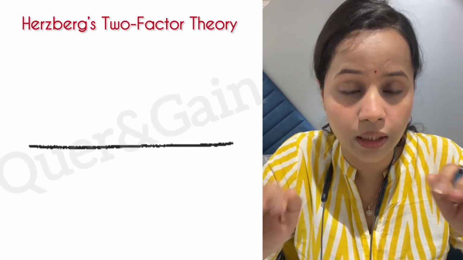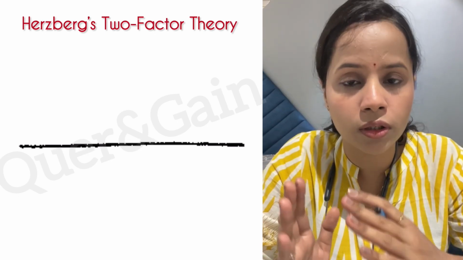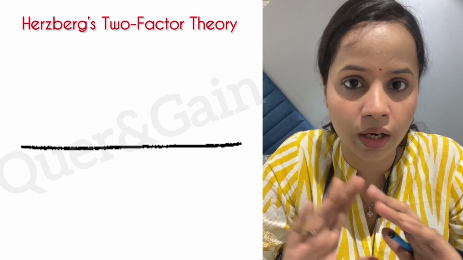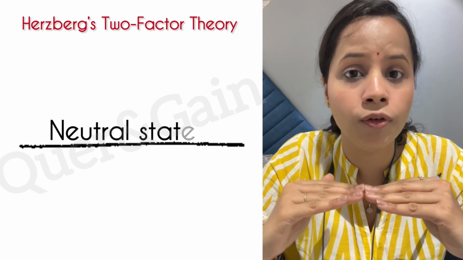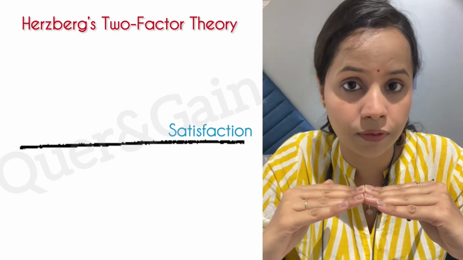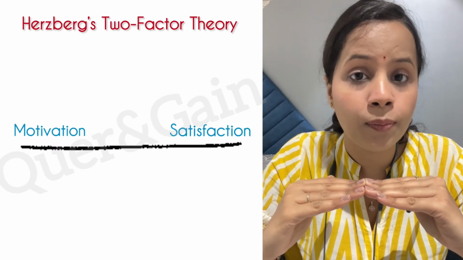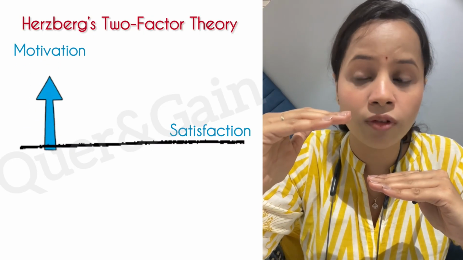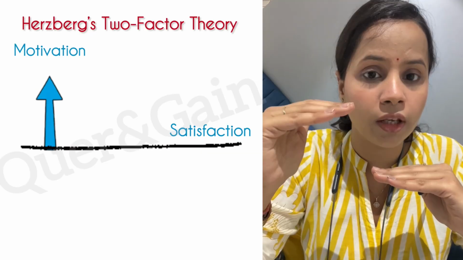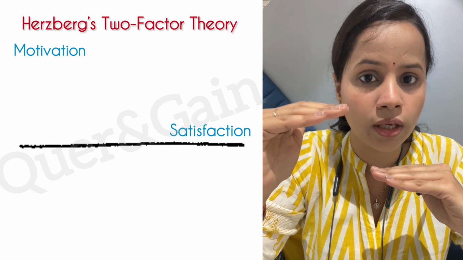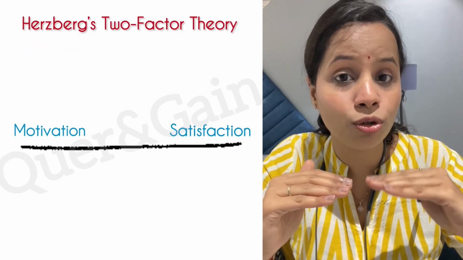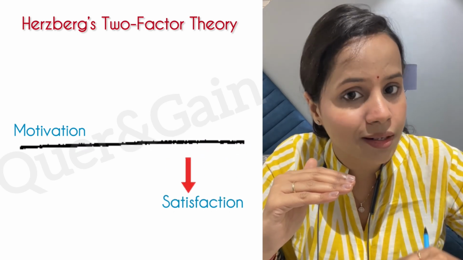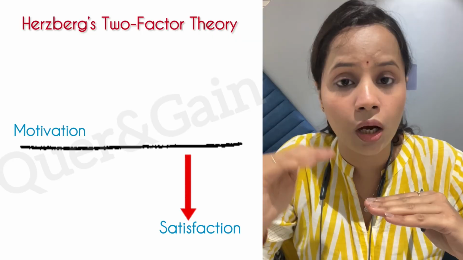Just imagine a line, right? A line of neutralness. If a person is your employee, it means that he has some kind of satisfaction or some kind of motivation to stay in your organization, right? So this line is of neutralness, of that employee's satisfaction and motivation. Now, with the help of motivators, you can enhance the motivation of your employees, right? But in the absence of these motivators, your employee will not get demotivated. The motivation of your employees just comes to the neutral state. But if the hygiene factors are missing from your organization, it may bring dissatisfaction. That is why these arrows are shown in an upward and a downward direction.